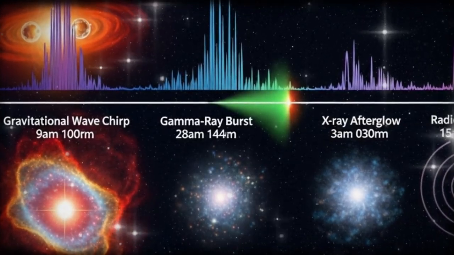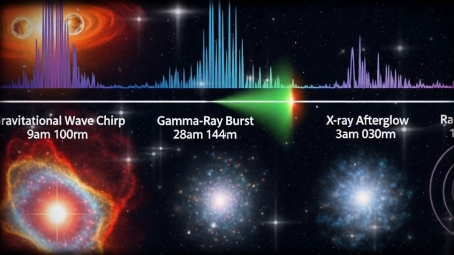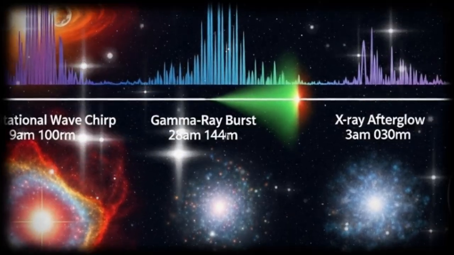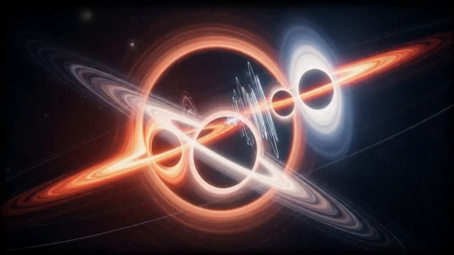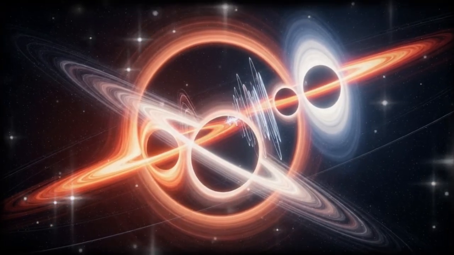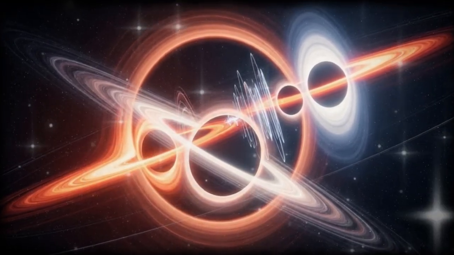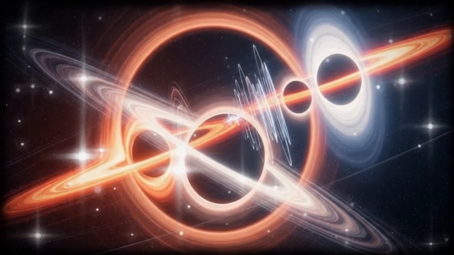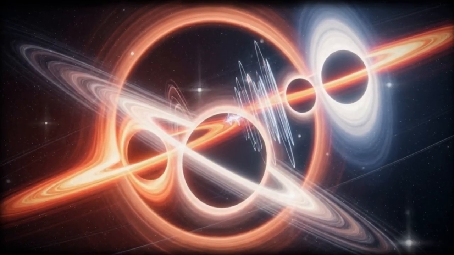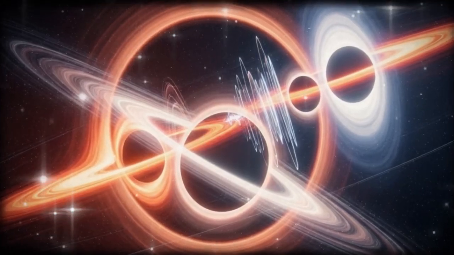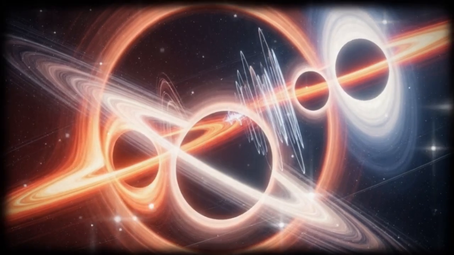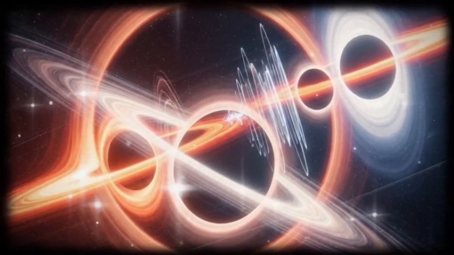The bending of starlight by the Sun's gravity, measured by Arthur Eddington during the solar eclipse of 1919, provided the first experimental confirmation that the theory was correct and made Einstein famous worldwide. The gravitational redshift of light climbing out of a gravitational well, the Shapiro delay of radio signals passing close to the Sun, the frame-dragging effect of Earth's rotation on spacetime measured by the Gravity Probe B satellite, all confirmed general